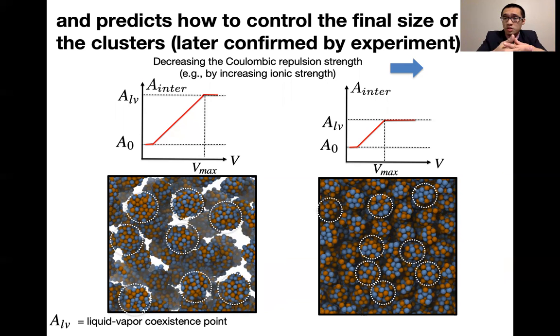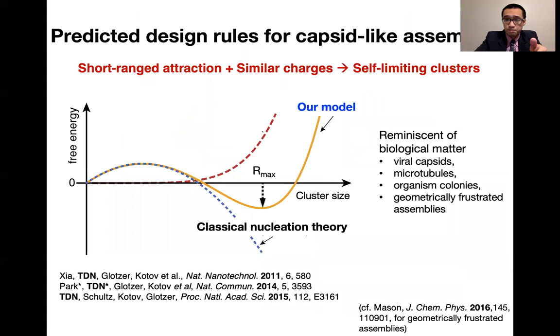And these predictions have been confirmed by experiment by Nikodov's group. So what this study tells us is that, using modeling and simulation, I have shown how our model is a significant improvement upon the classical nucleation theory by predicting